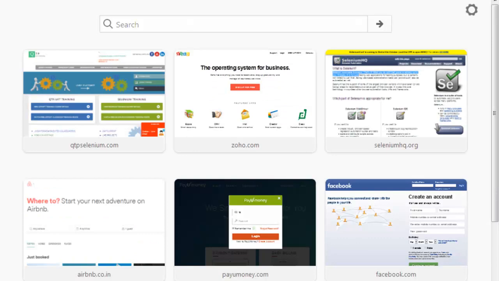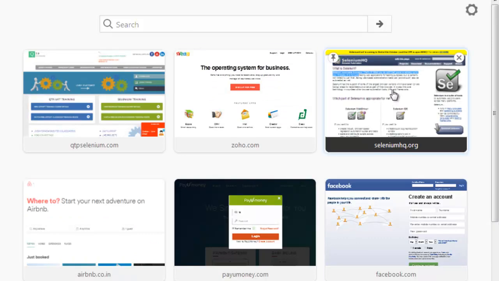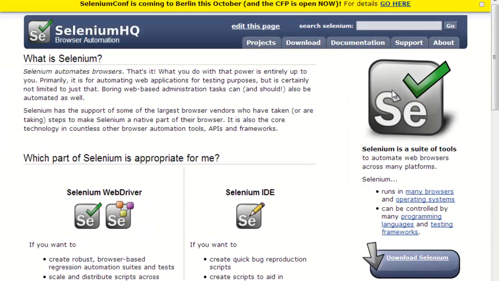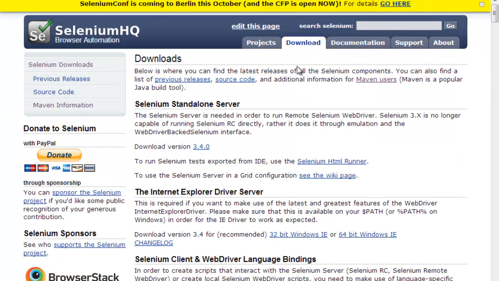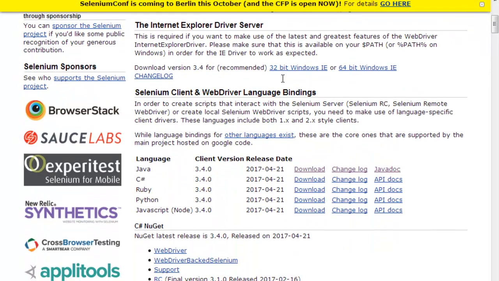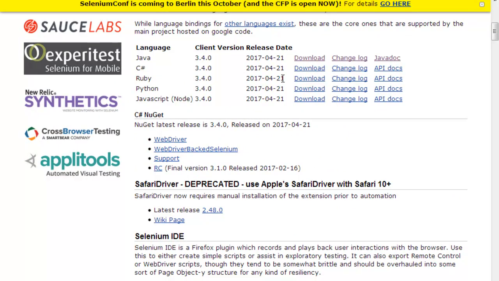If you go to the documentation of Selenium, click on the download link, the second tab, this is the Javadoc link, the documentation of Java.